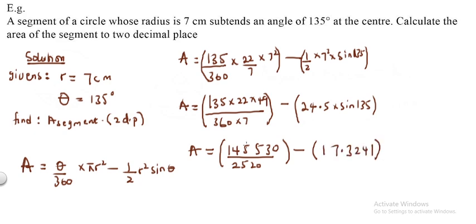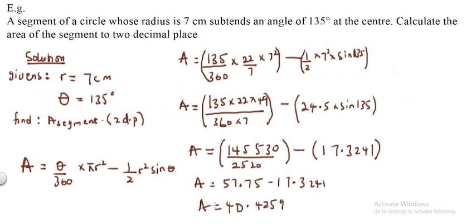If I divide this numerator and my denominator, I have area to be equal to 57.75 minus 17.3241. So I can safely subtract here. If I subtract, I'll have A is equal to